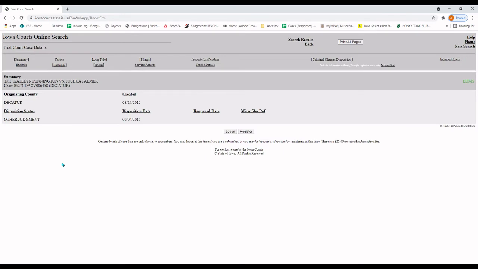Good. Now that we've clicked on that number, we can review the case summary. Gives us kind of the same details for the civil cases. This is Caitlin Pennington versus Joshua Palmer. This originated in Decatur County. You'll notice there's no guilty or not guilty under the disposition. That's because this is a civil dispute. There's not a guilty or not guilty party. This was initiated on August 27th of 2015, and it was over, wow, within 2 weeks